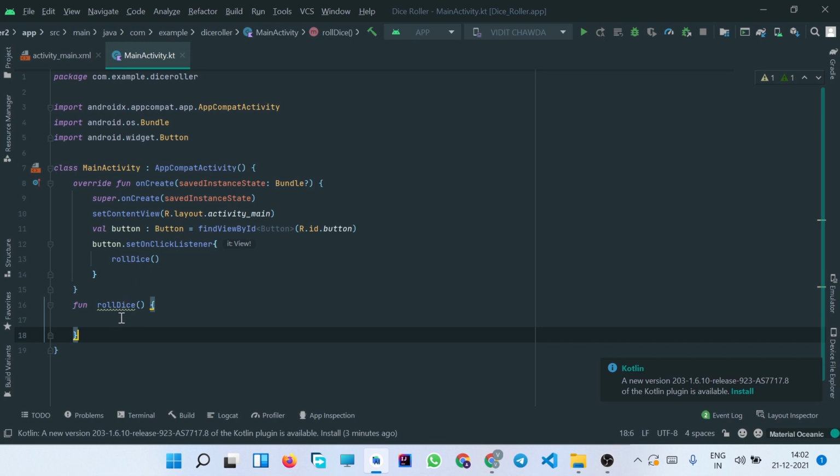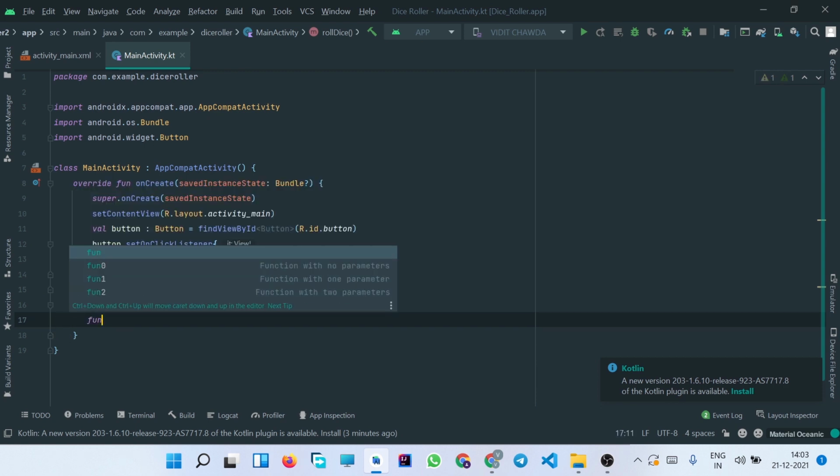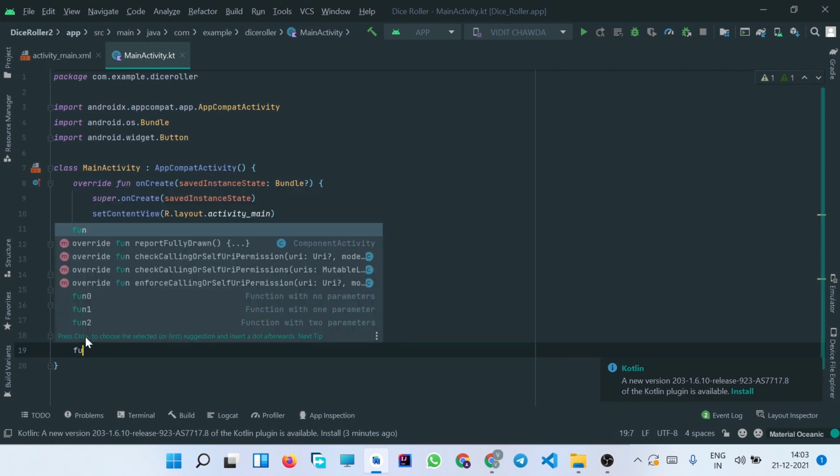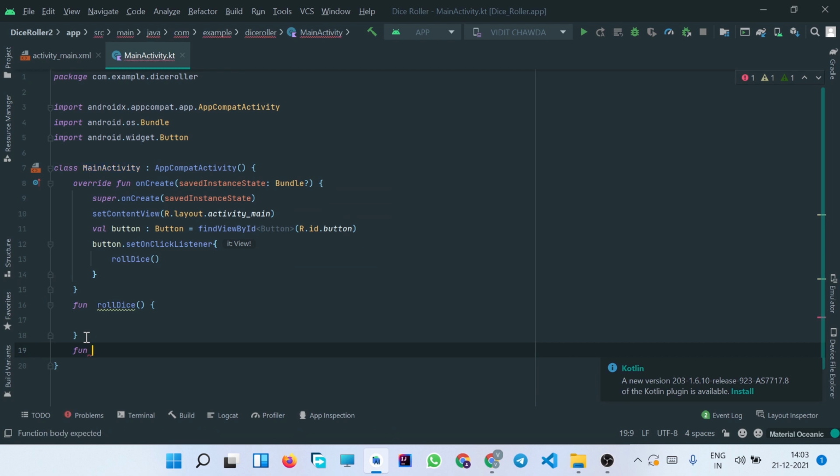So before we start writing the code inside this rollDice function, we also have to create a function which is going to return us a random number between 1 to 6. So we'll also create a function for that. Let's say, oh no, sorry, outside this function, let's say function randomNumber.